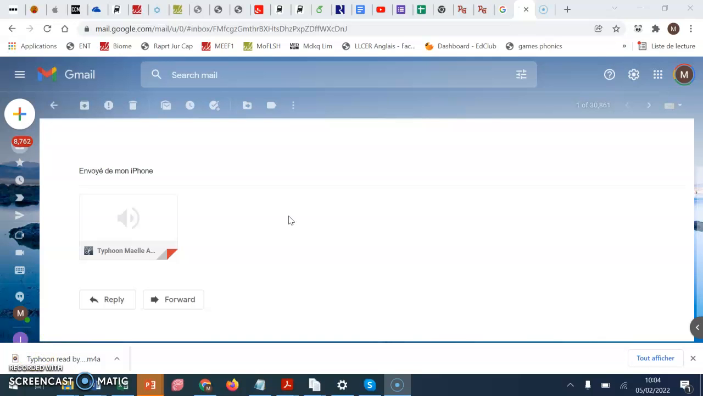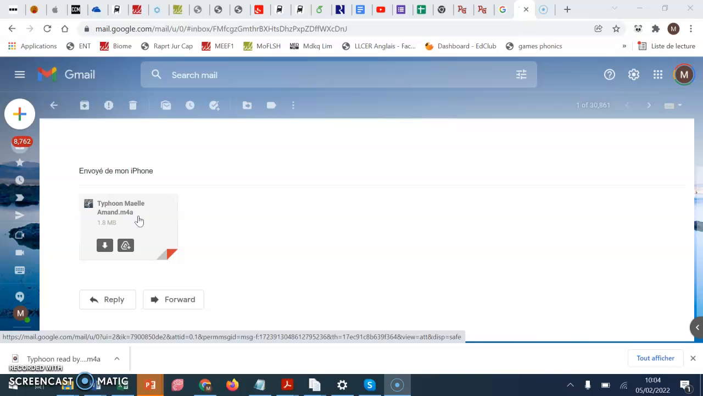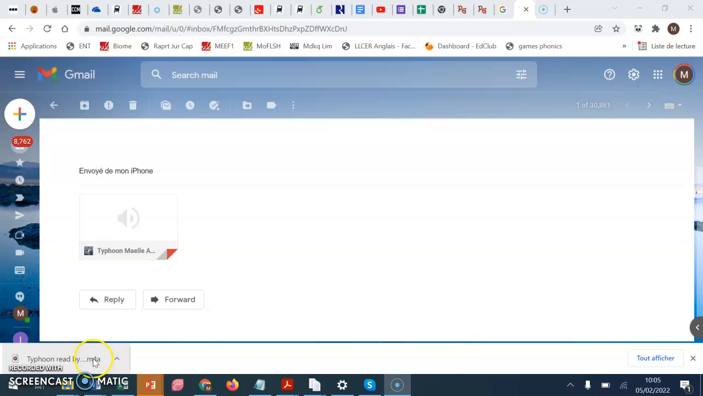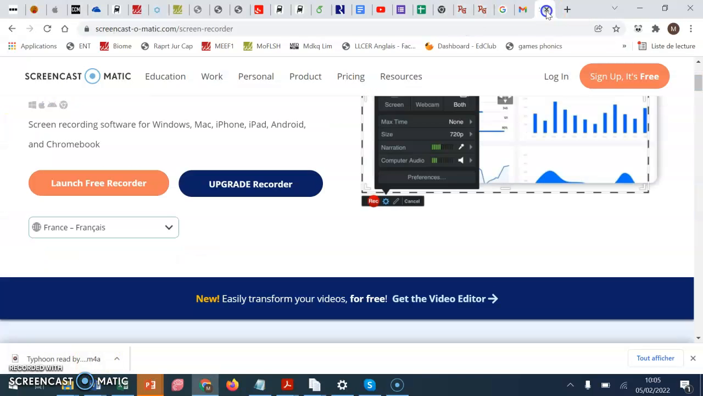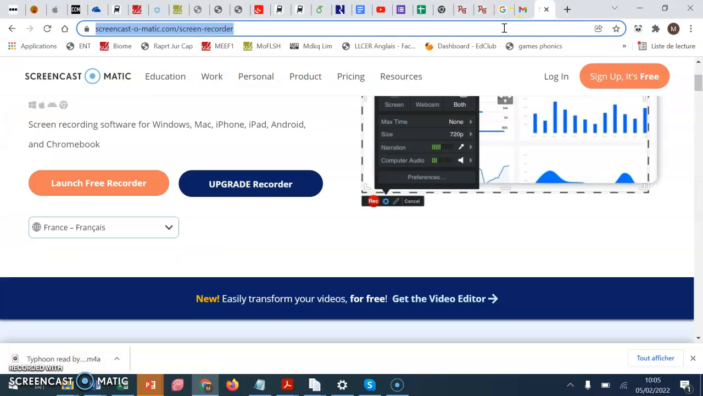This tutorial will show you how to convert your recording that you did with your phone into an mp3 format. So I first recorded it with my phone and then pressed share, and I sent it to me by email. Here it is, so I downloaded it just here, and now I'm going to go on the internet and type